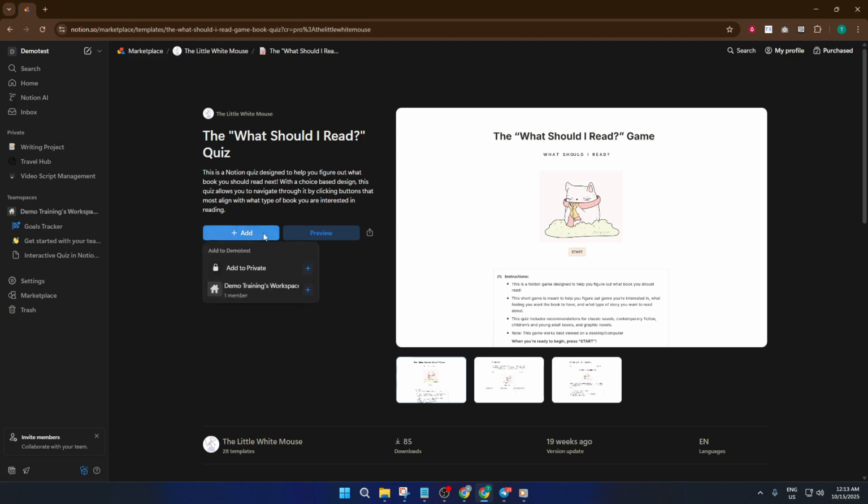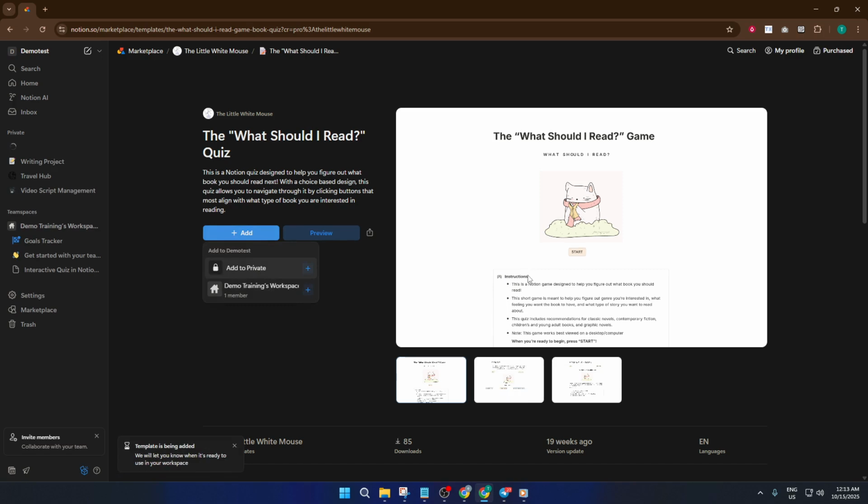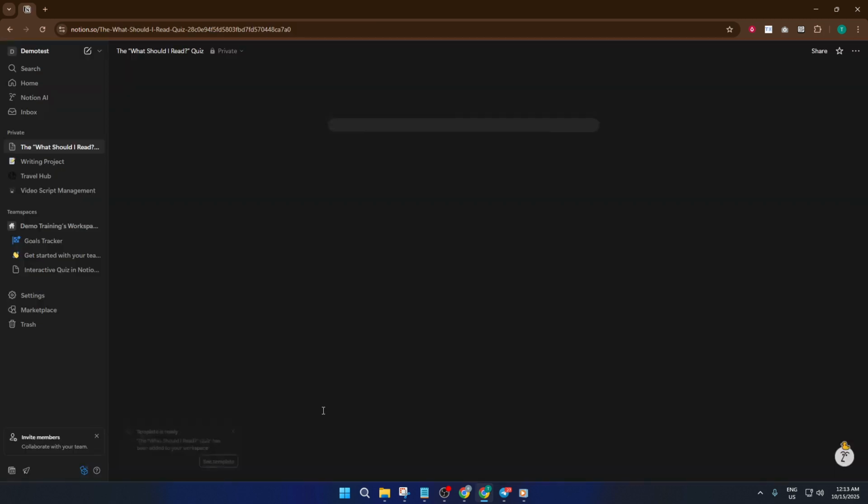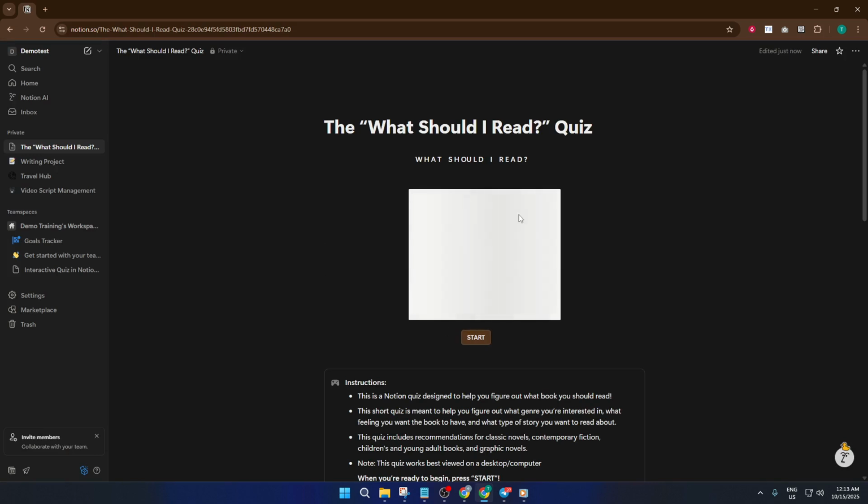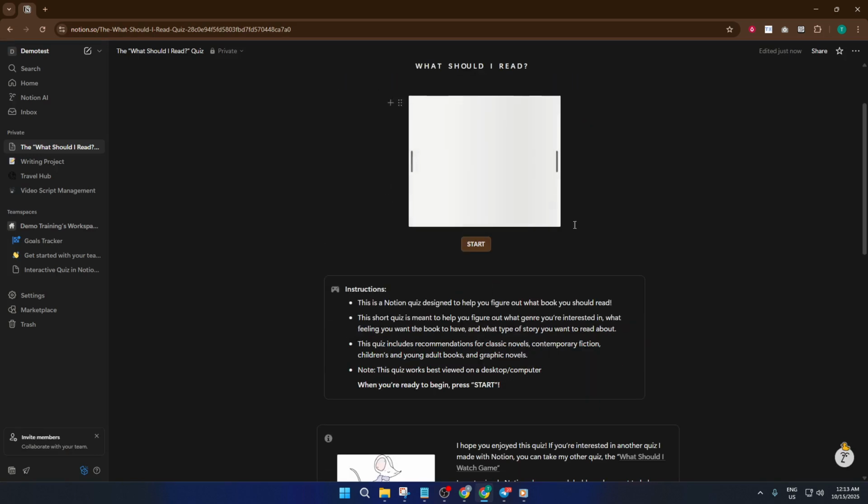Now comes the real fun, customization. In the template, you'll see placeholder questions, sample images, and maybe even a leaderboard for scores. This is where you start making it yours. Click into each field and add your credentials. So maybe your name as the quiz creator, a custom thumbnail image, or an intro text that welcomes people to the quiz. You can swap out demo questions for your own, adjust any answer choices, and play around with the